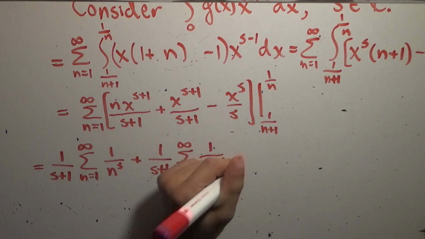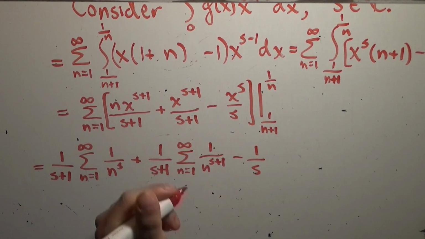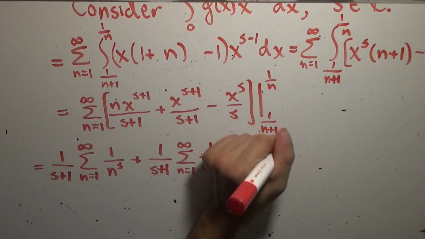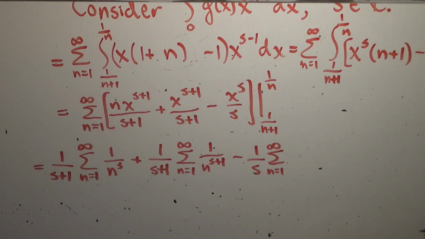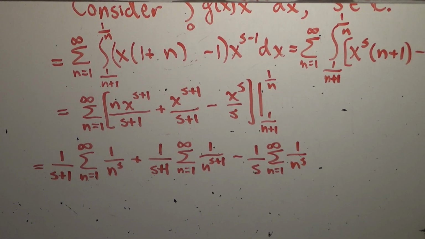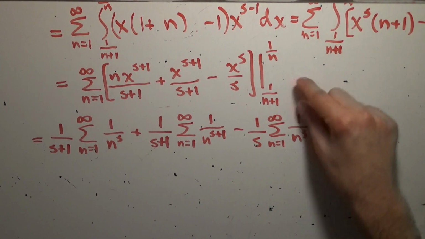And the final term, we're going to factor out 1 over s, and we're going to get the sum from n equals 1 to infinity of 1 over n to the s, right? And those are the first three terms, but now I'm just going to write the next three terms down underneath them,